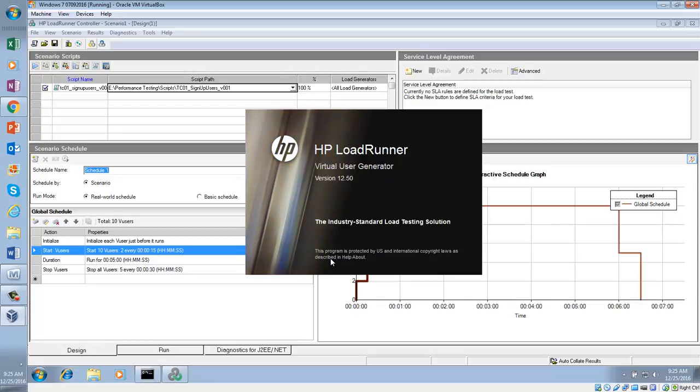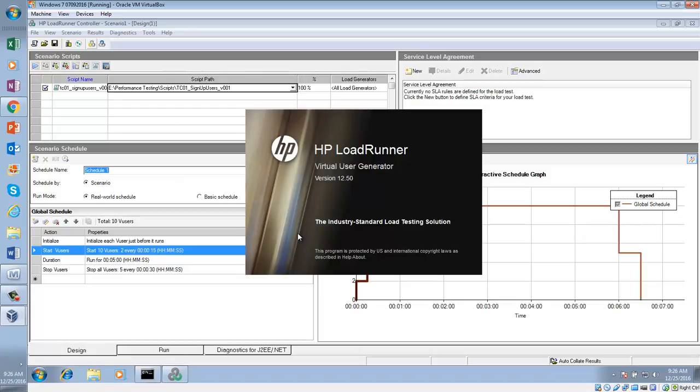So my goal was to look at the script that I am going to execute. I want to take a look at what data I have before I execute it. Let's say if I want to execute it for 10 virtual users, I will have to make sure that I have enough data in the script. If I want to sign up users with 10 virtual users, I need to check the condition of the script.